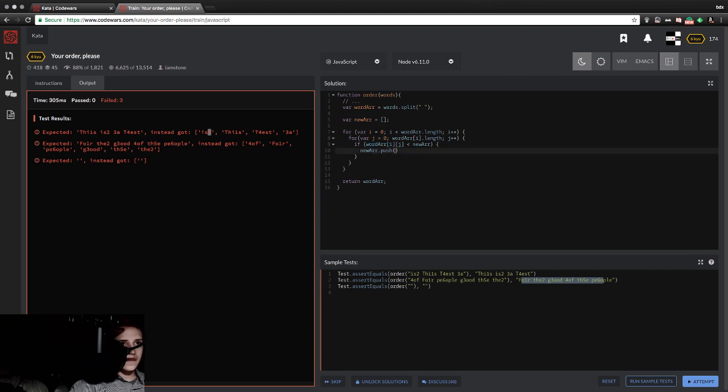If we push a 2 in, then the loop runs again and it finds a 1. So when it finds the 1,